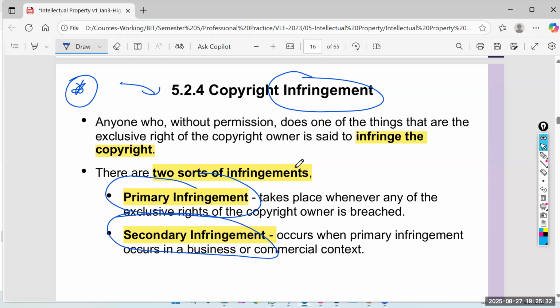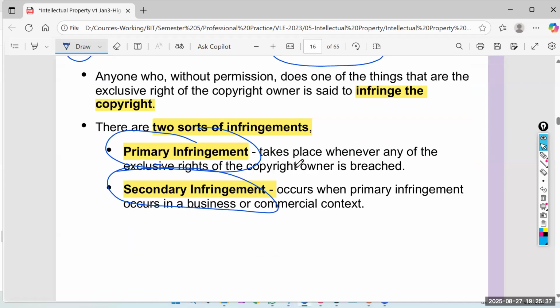Secondary infringement means it happens in a sort of secondary business context. For example, you have a retail shop. You sell copyrighted software as a